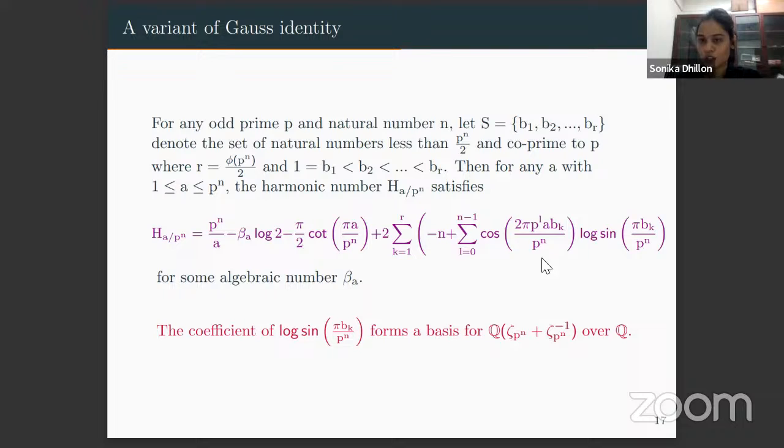Another thing is that previously we attached a cos value to these numbers. Now we have a combination of cos values, and the cos values were coming from the maximal real cyclotomic field and forming a basis for it. Here also we have proved that these numbers form a basis for the maximal real cyclotomic field. Why this property is important, that these numbers should be a basis, we'll see later.